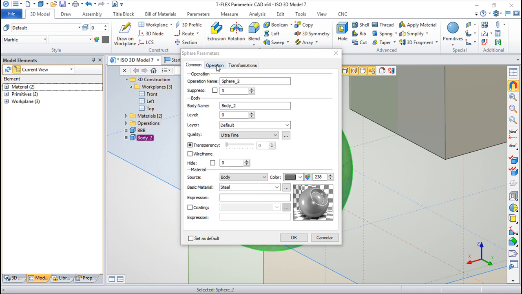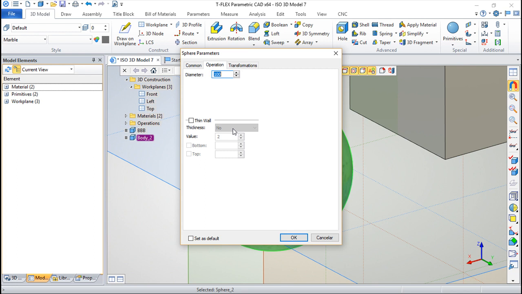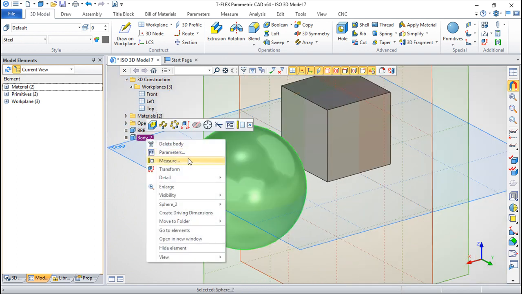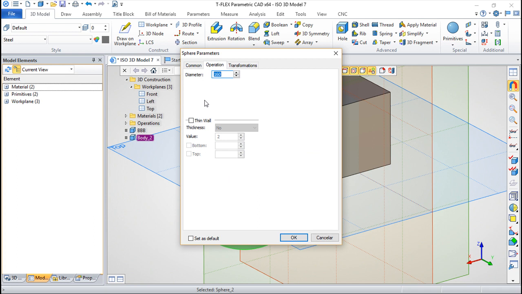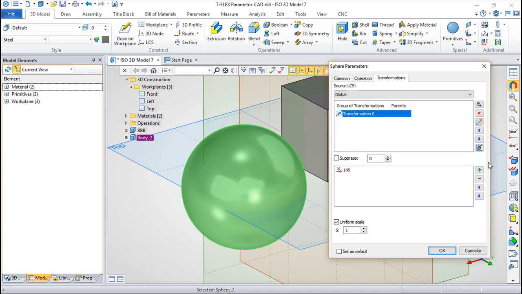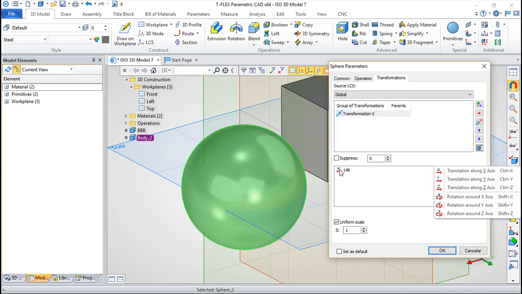Then you have this operation that you can change a little for the element. In some objects it is interesting to have the possibility to modify it here. And finally you have this set of things about transformations, where you can set a group of transformations that you define below here. For example, you can add, you have one X